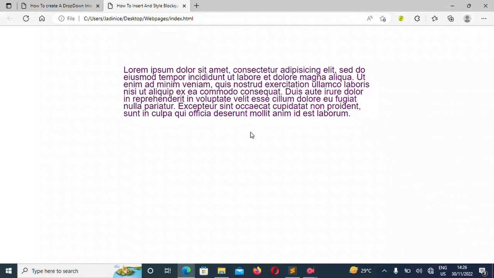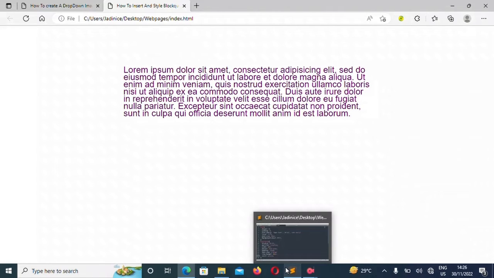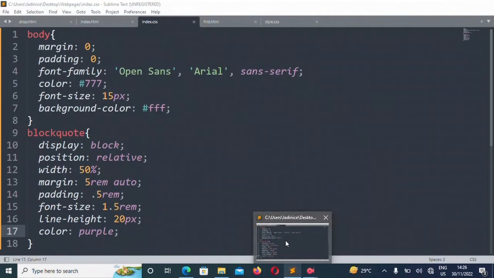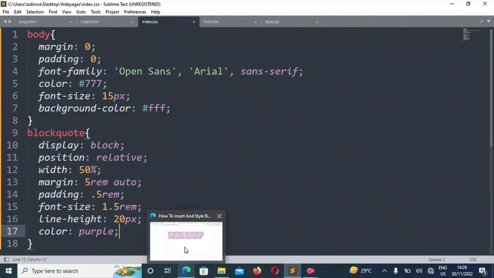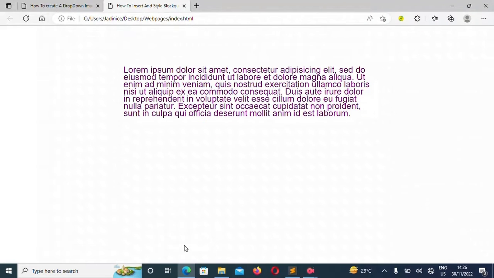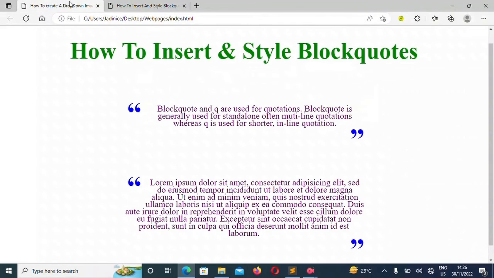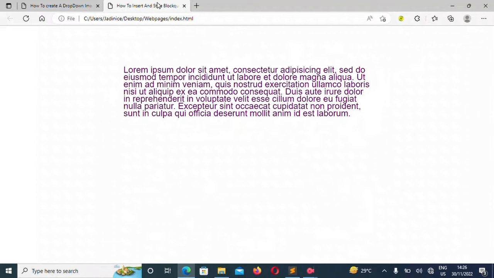So the next thing that I'm going to do now is to make the block quotes appear. With time, you've seen that we've already been styling the block quotes, but there are no quotes unlike this one. And that is exactly what I'm going to show you, how to make the block quotes and how to even change the color.